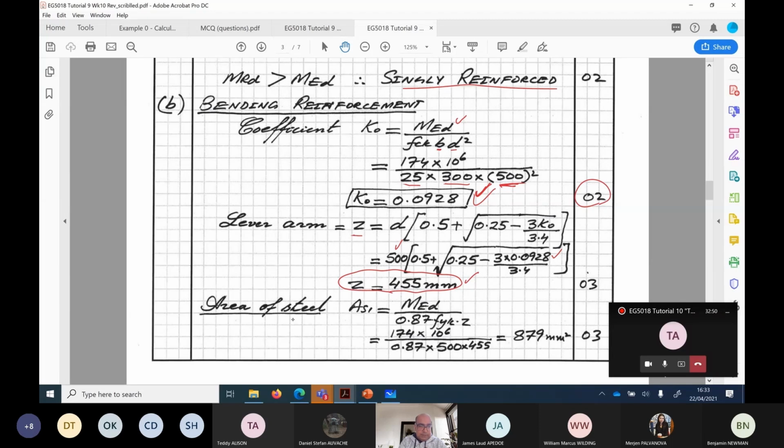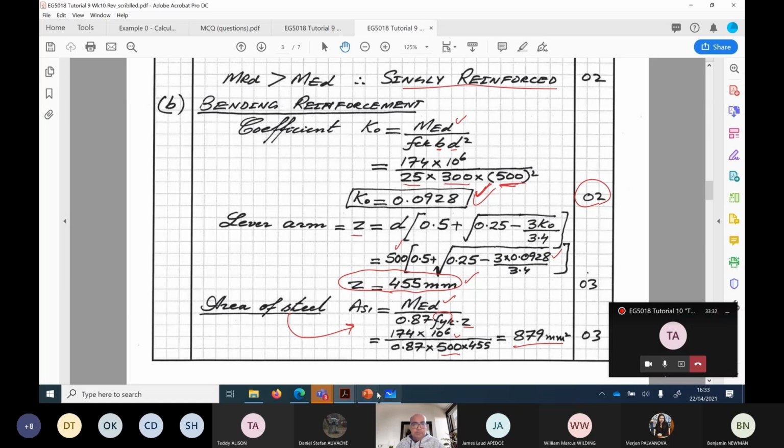Now finding area of steel, again formula is MED over 0.87 FYK into Z. MED is applied moment, which is 174. Don't forget to convert it into millimeter and newtons, because in the denominator you have millimeter and newtons. Putting value for FYK 500, putting value for Z 455, you get value of area of steel as 879 millimeters